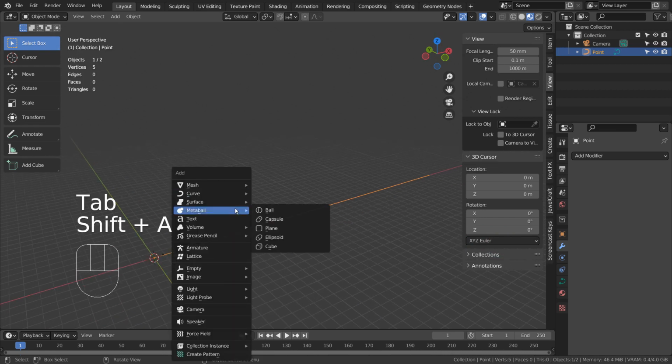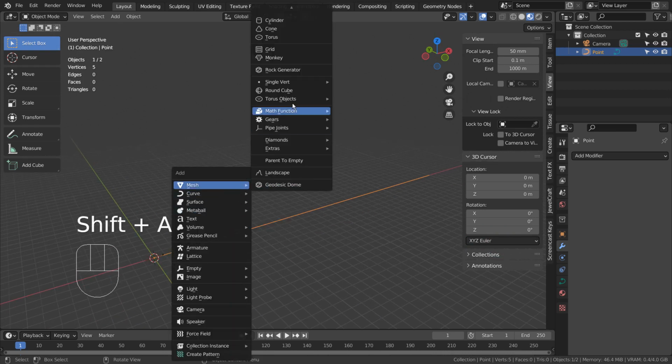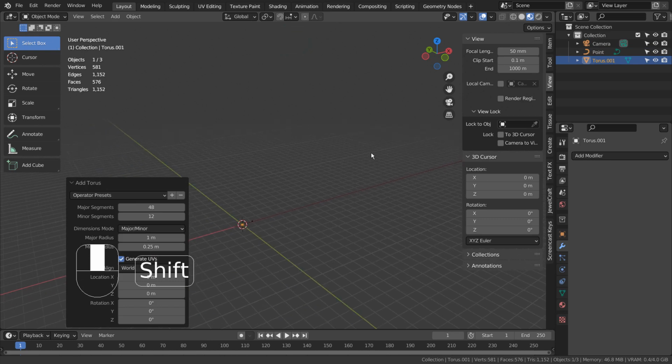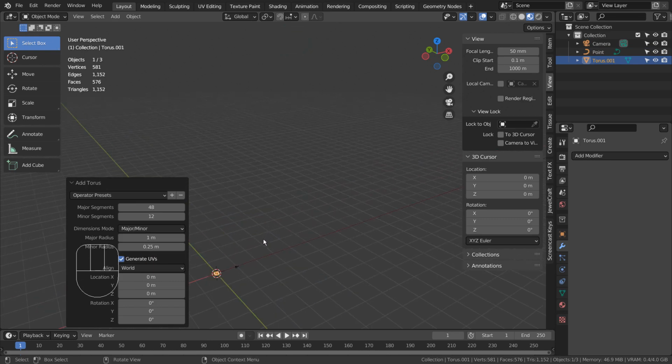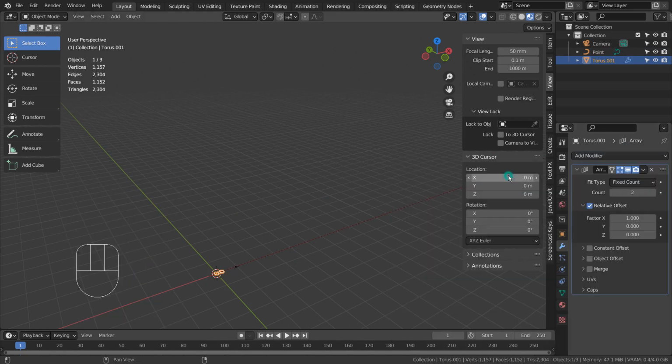Let's create a torus. Time to add an array modifier.